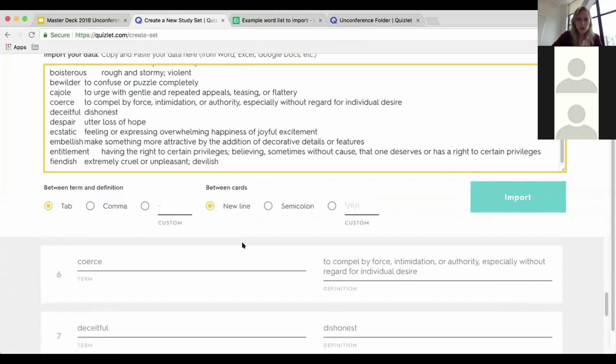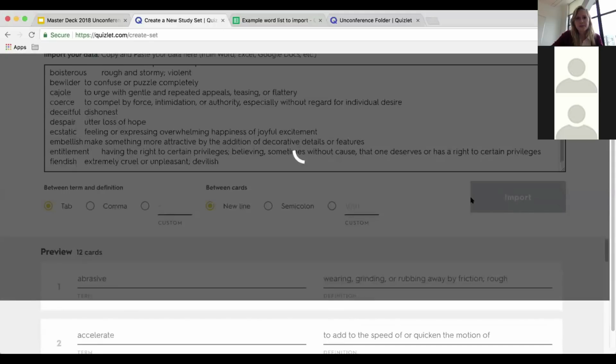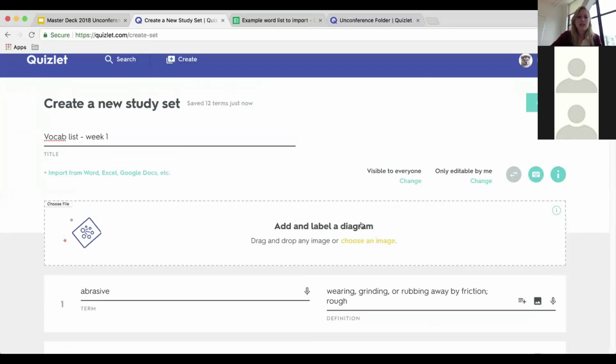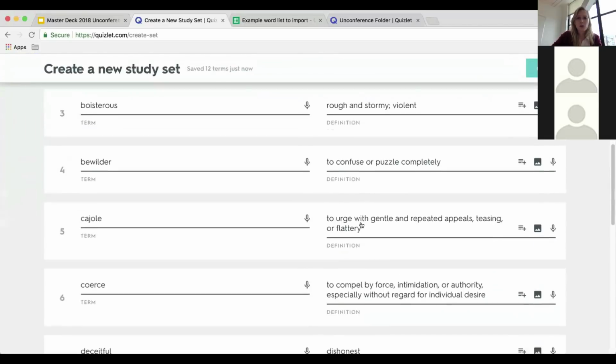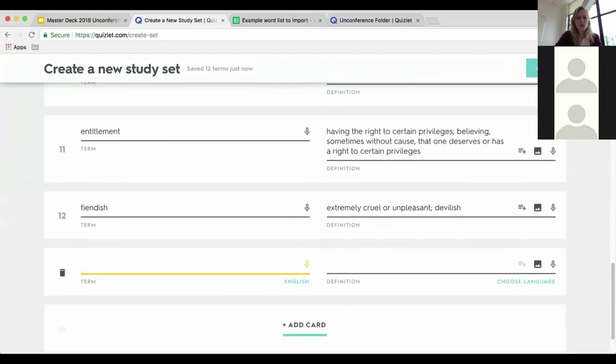This all looks good. I can check for mistakes. And once I'm happy with that, I can click Import. And what's amazing about this is that it automatically populates it into the Quizlet set format. You can see all of your terms and your definitions here. Like I mentioned before, you can add more. So there's that. And of course, if you didn't have anything to import, you can always type in terms like